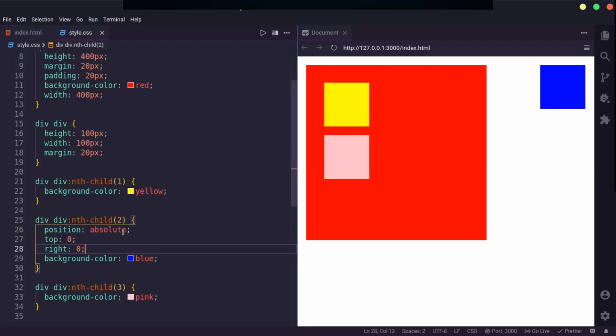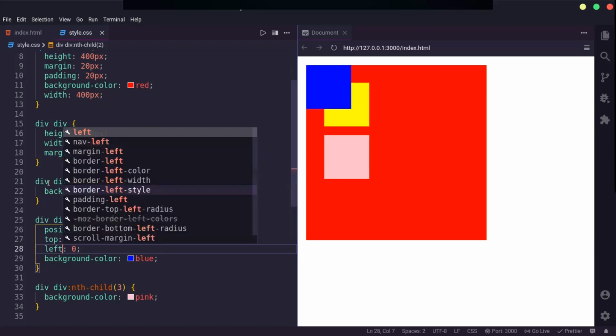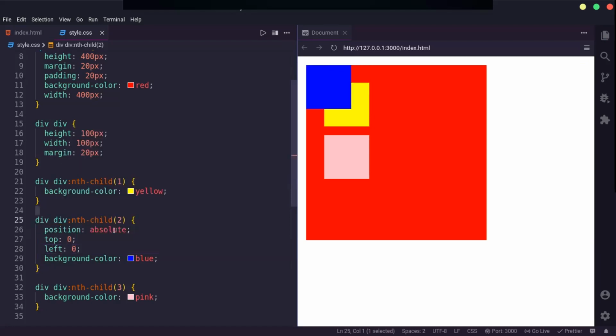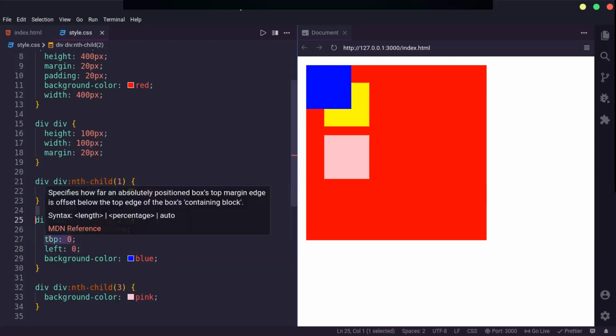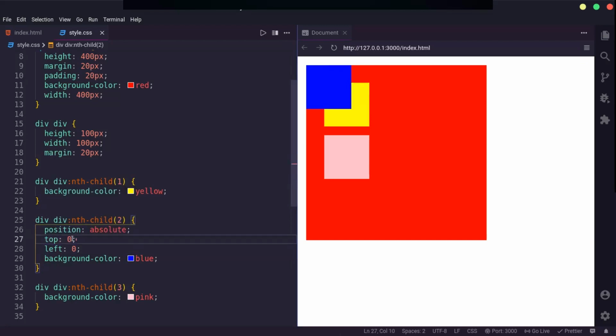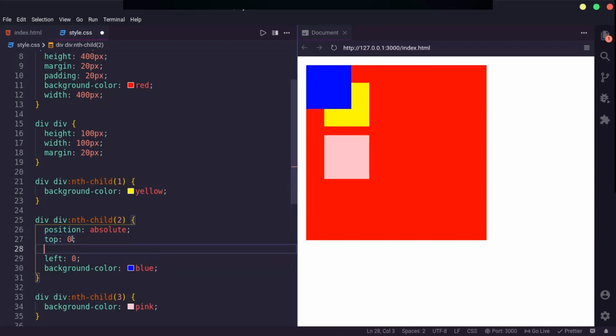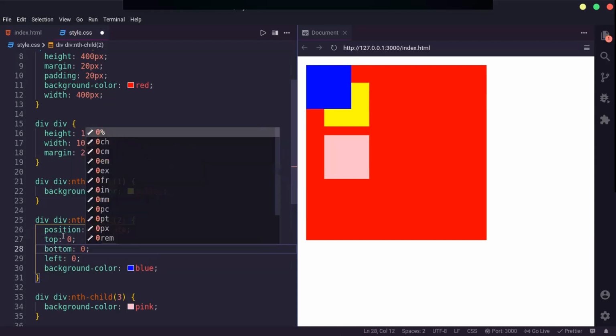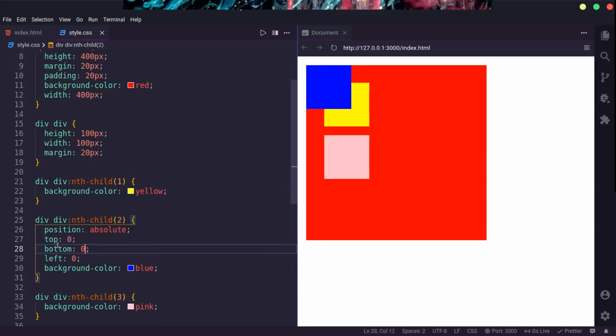So currently it's placed at top, okay. Let me do it left. Okay, so when you are saying position absolute, you need to define either top or bottom. Currently I've told that top should be 0. The other way, I can say bottom can be 0 if I want the div to be sticking at the bottom.